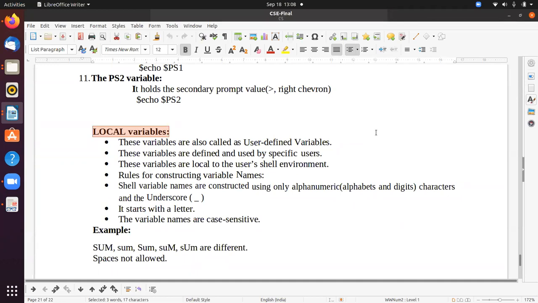Now, the variable A is local to program 1 only. The variable B is local to program 2 only. But the system variables PS1, PS2, HOME, LOGNAME, MAIL, all these are global variables.